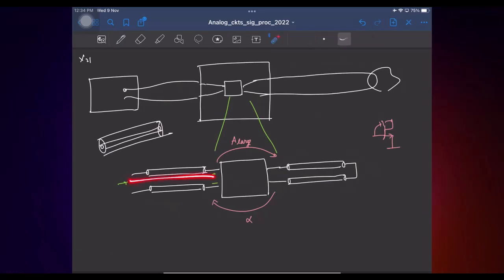So this will again go and it will get reflected and come back. It will see a large gain again, and then this goes on in a loop, right? And if this factor alpha times A large is greater than 1, you will have alpha times A large, second, you will have alpha times A large square, plus so on. So will the series converge or diverge? It is going to blow up to infinity, right? If this factor is greater than 1. So if this round trip gain is greater than 1, it is highly possible that the system will become unstable,